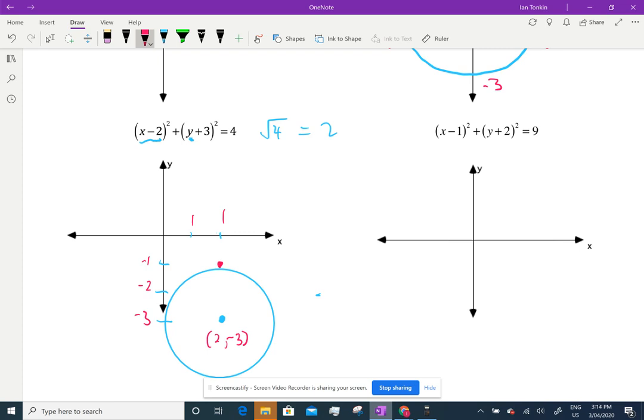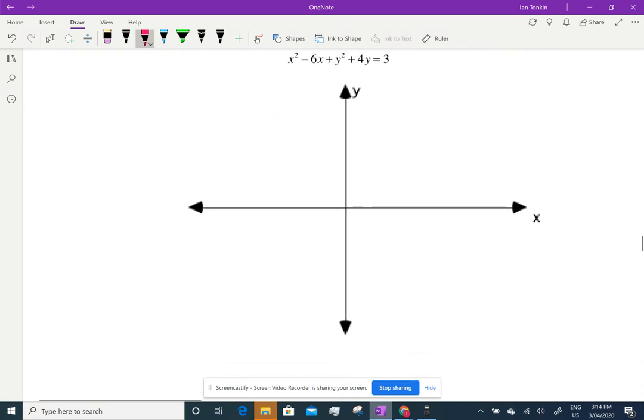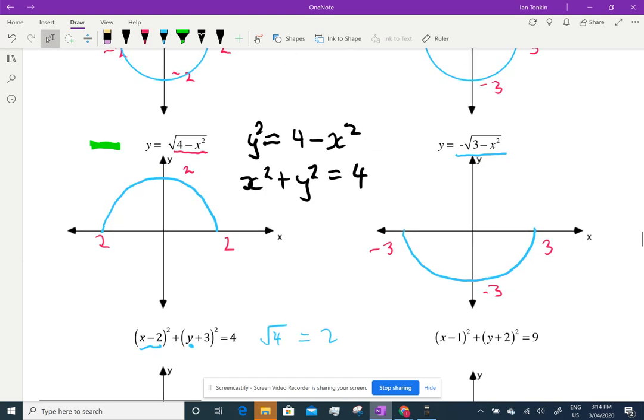Righto, this is the last one. This is the hardest one you're going to get. By the way, don't have a go at that one. I'm going to do it in a minute, but I don't expect anyone to be able to do it. So this one,